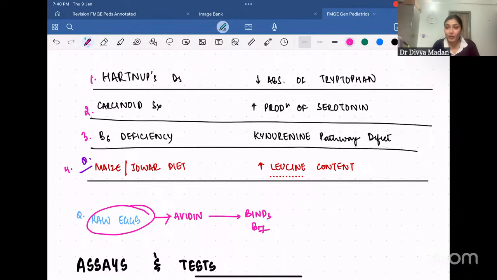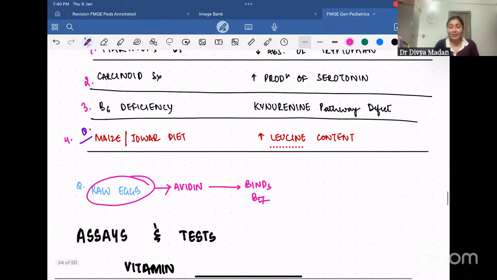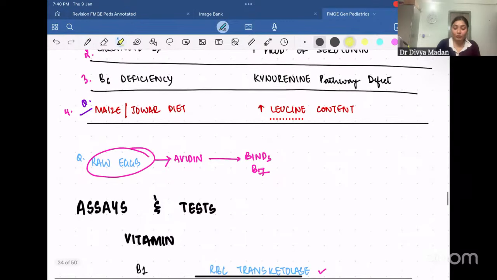Next, we have carcinoid syndrome where there is overproduction of serotonin. So my whole tryptophan will go towards the serotonin production. This is carcinoid syndrome. Then we have B6 deficiency that will have kynurenine pathway defect and thus less production of niacin and niacin deficiency. And lastly, a very important question for exam, that they give a stem where the child